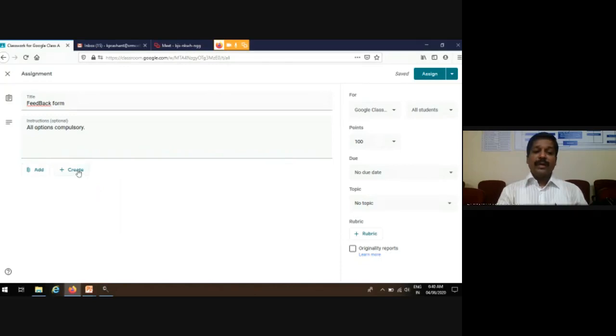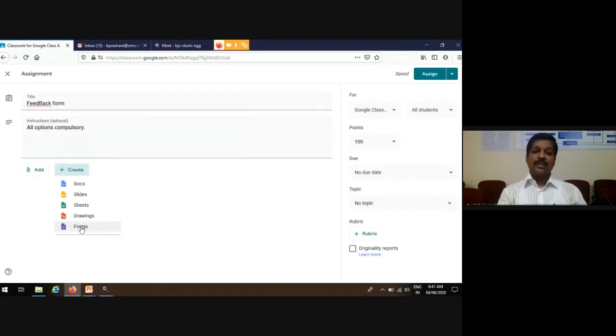Now I want to create an assignment. So I just have to click on create assignment. So now look, when I click on create assignment, I will get options like docs, slides, sheets, drawing, form. So any kind of assignment you may create. You may create a doc, which is similar to a Word program. Slides is like a PowerPoint presentation. Then sheets means the Excel program that we use in Microsoft. So this way, a variety of options are available.